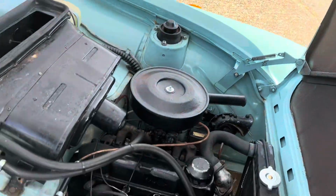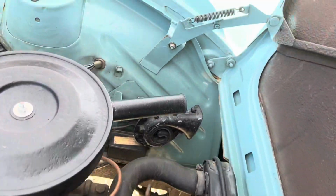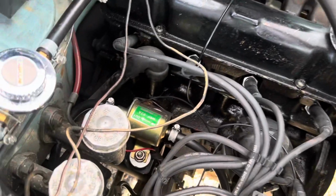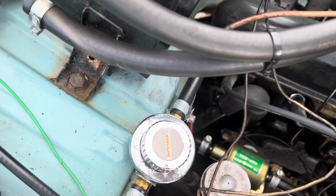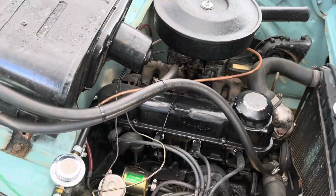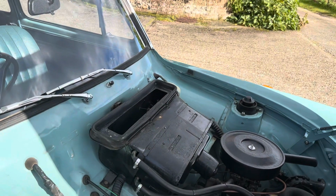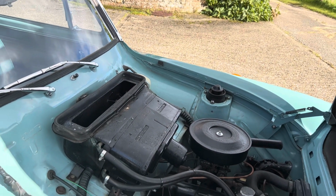And as you can see from the inner wings and stuff, she really is totally rock solid and original. And here's the fuel pump I was mentioning, and this is a regulator valve. Yeah, it's an impressive starter. This is the very earliest of the Anglia 997 engines. In fact, they did fit them before